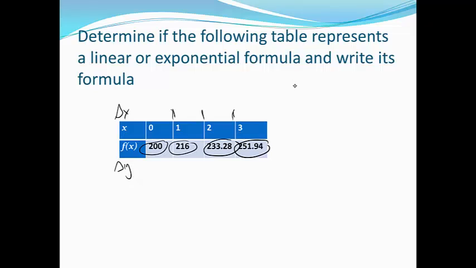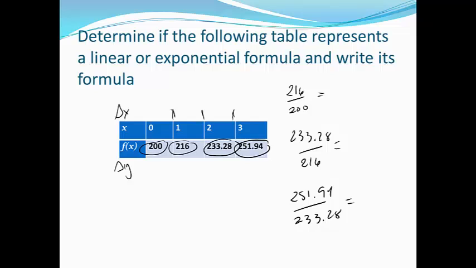So now let's calculate our ratios of output values: 216 over 200, 233.28 over 216, 251.94 all over 233.28. And this would be a good time to pause the video and actually calculate this yourself. Make sure you get the same values that I'm getting. When I plug it in, I get 1.08 here, 1.08 here, and this one is not exact, probably because I didn't take it out any more